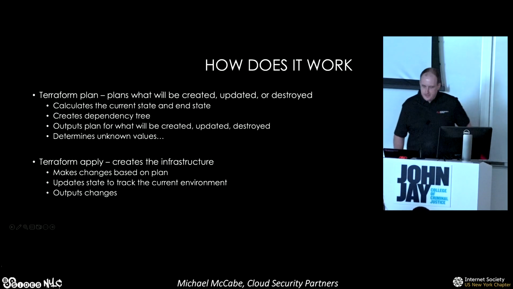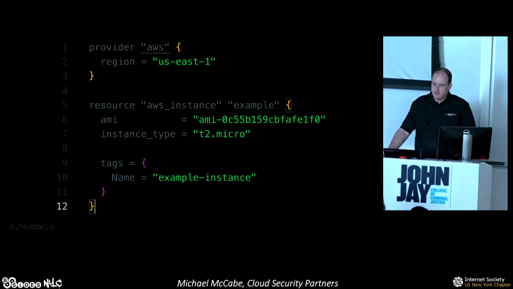And then what this actually looks like, if anyone's never seen Terraform before, is a super, super simple example, but this is an AWS EC2 instance. You don't have to give it much in order to get stuff going. It's not a very complex language. HashiCorp did create their own language because everyone has to have their own thing. But it's very simple to get started. You define a provider, you define the resource you're trying to create. In this case, it's an EC2. You give it a couple different pieces of information, the image it's going to use, the size of the instance.